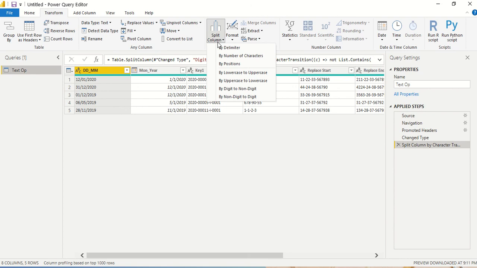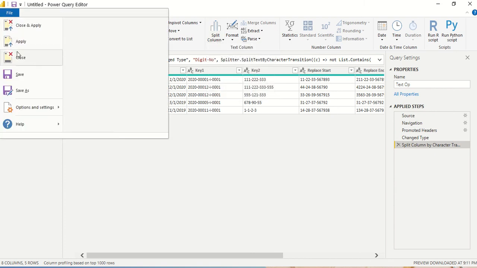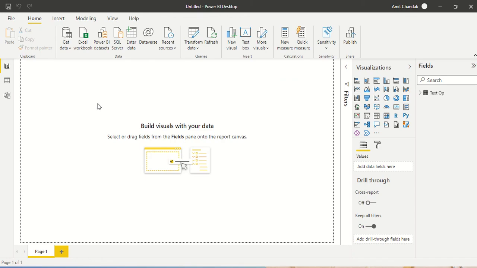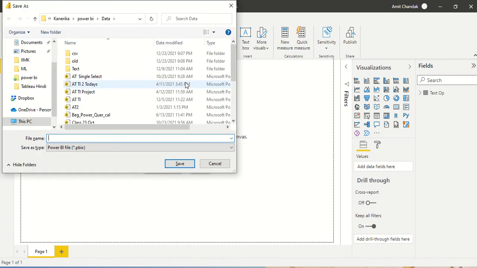Now if you are using dataflows, the options might be in a slightly different place, but you should be able to find them. Let me close it again. This time I don't need to do any close and apply, and it is not even going to ask me while I'm coming out because I have not made any changes. So try these options out.